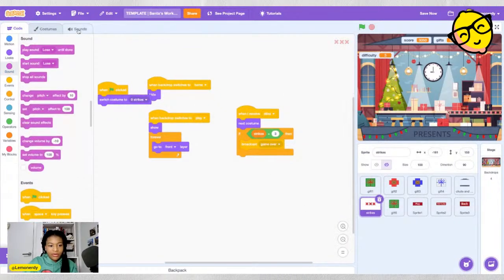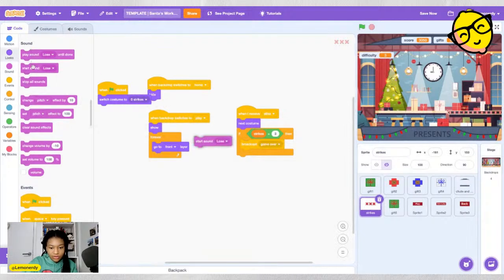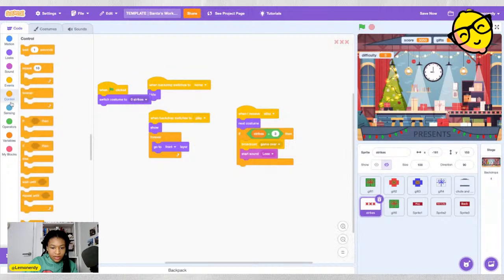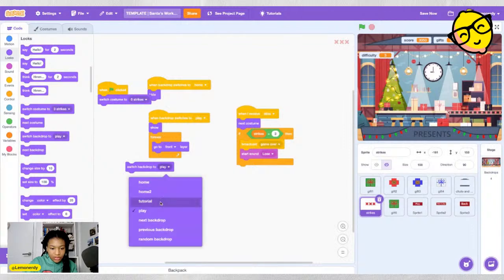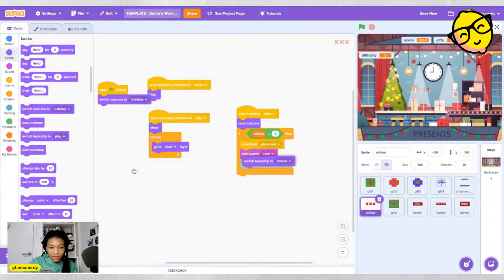Then there's a sound that should be in here. Yep, it's called lose. Then we'll have it play the sound lose. And it is going to switch the backdrop to home 2, which is our game over